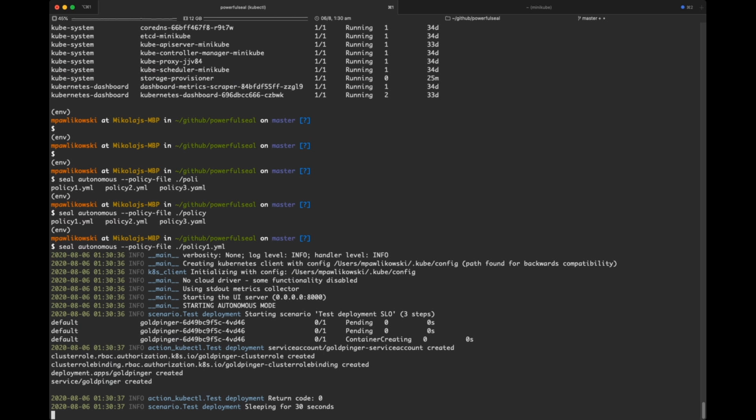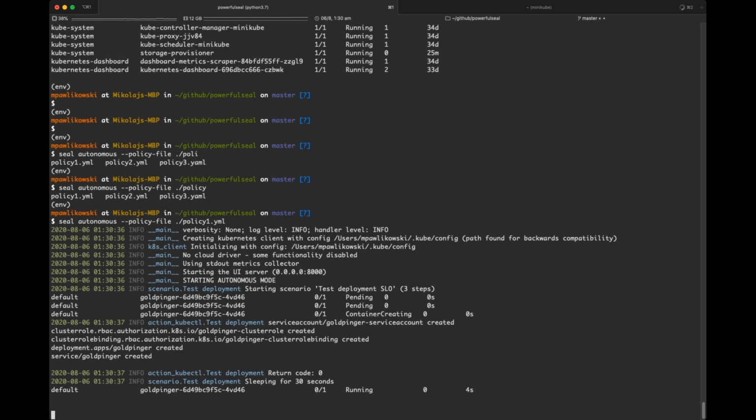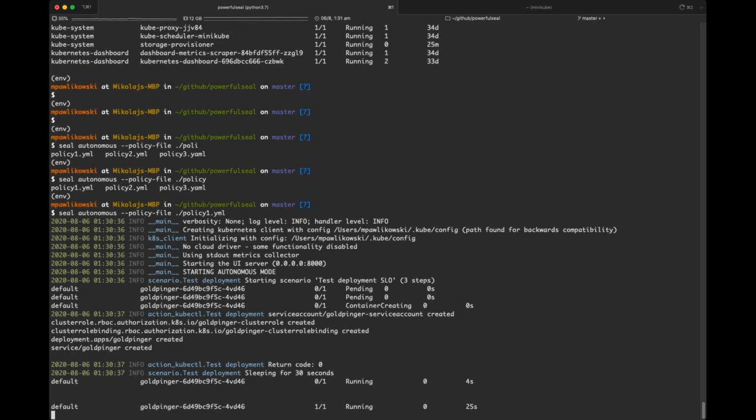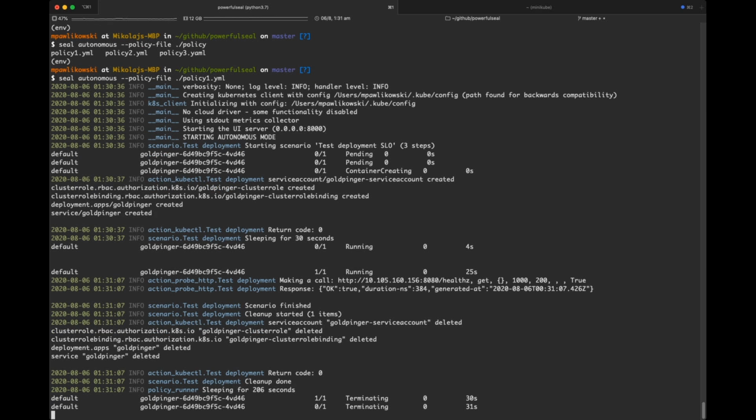So it starts, it read the scenario. You can see that it created the deployment, and here our kubectl in the background is displaying the new pod that is already running after 4 seconds. And now we've got about 25 seconds to wait. So, if there was some kind of elevator music, that would be good. It's running for 25 seconds, so we're not that far off. And then making a call.